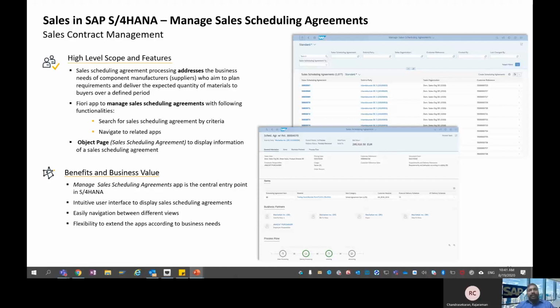With this you'll be able to create scheduling agreements, search for the scheduling agreement, and navigate to the related sales document from the scheduling agreement.